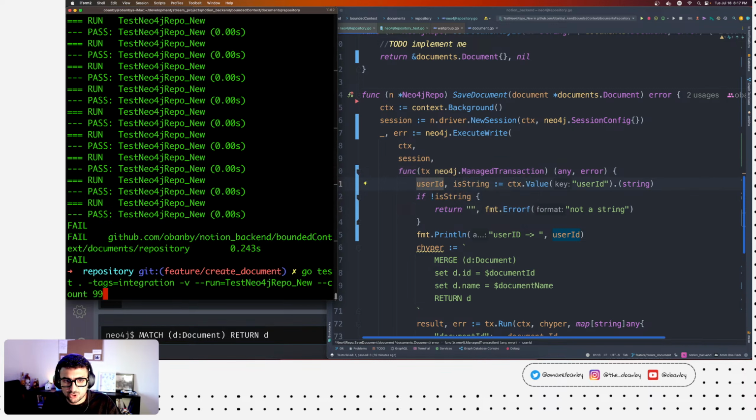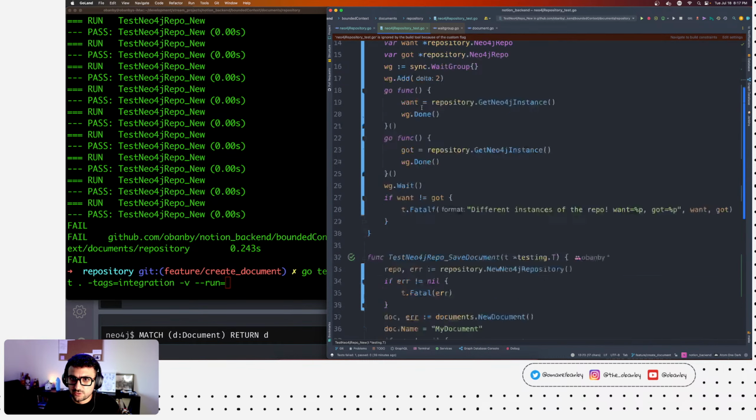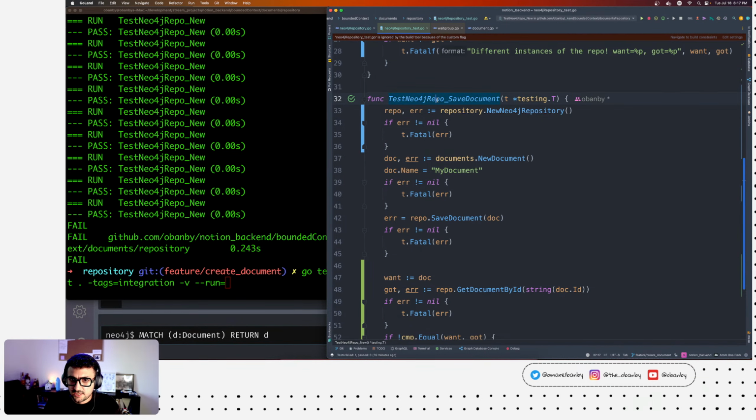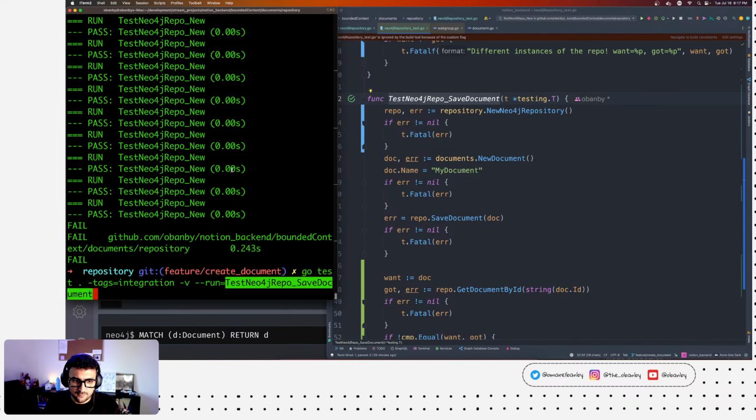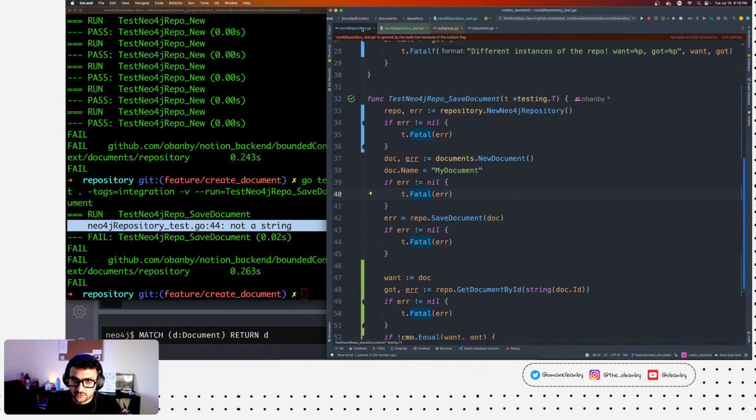But let me show you an example. We don't have to run this anymore. I think we're very satisfied with the Neo4j repo test. We can get back to the saved document. Right, and we're not getting a string because we're actually not getting any value at all.